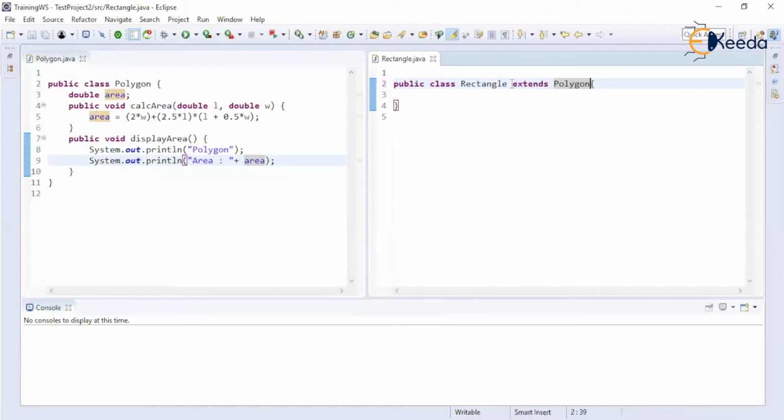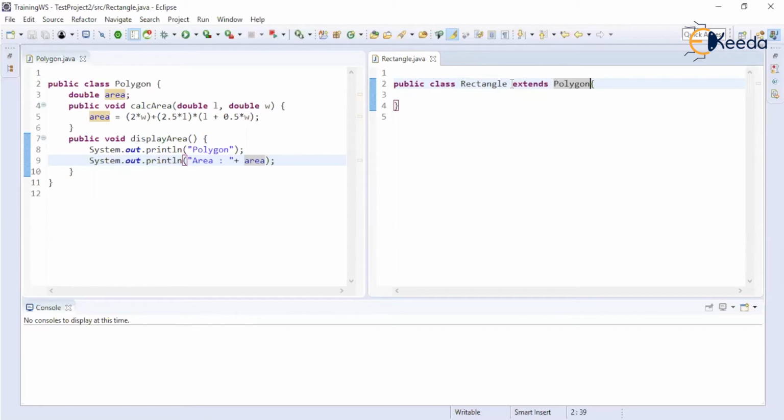So now I have the area variable, the calculate area method, and the display area method. However, what I just sensed is that there is a method calc area which takes two parameters, which is also a requirement of rectangle, but the logic in this calc area method is not as per my requirement, because the definition of calc area must be different from what is available.